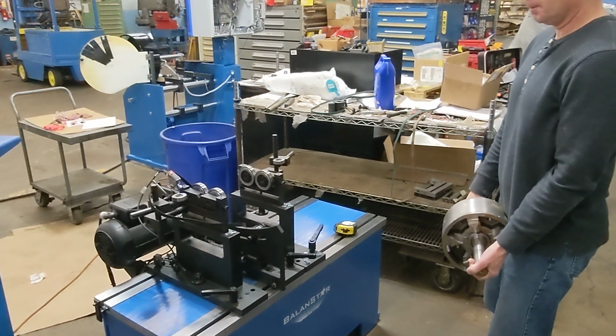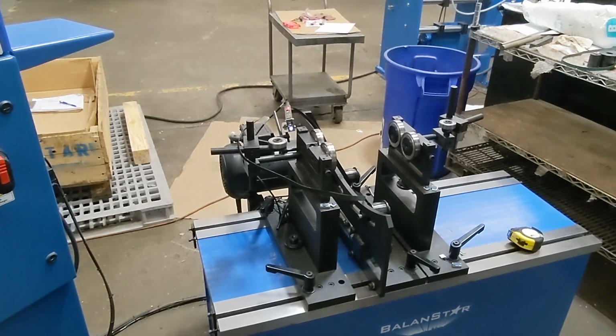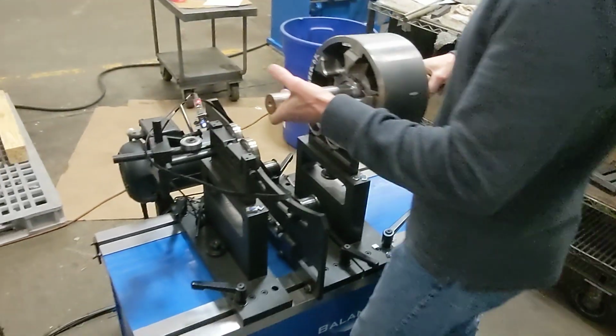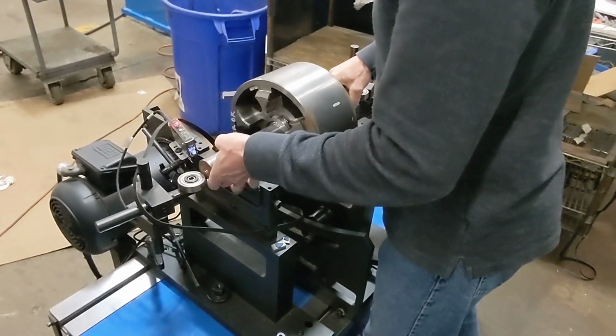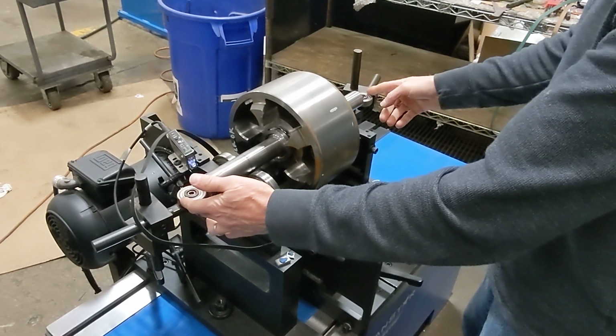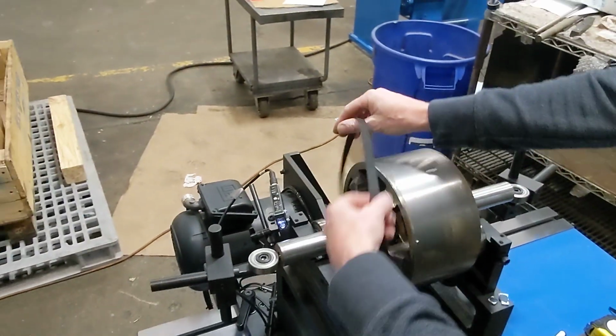HB200 balancing machine. So this is a horizontal axis balancer. There's two balancing cradles, and I'm going to take your part and then load it into the balancing machine here. So the end stops are set to keep the shaft from moving left to right, and the drive belt I'm